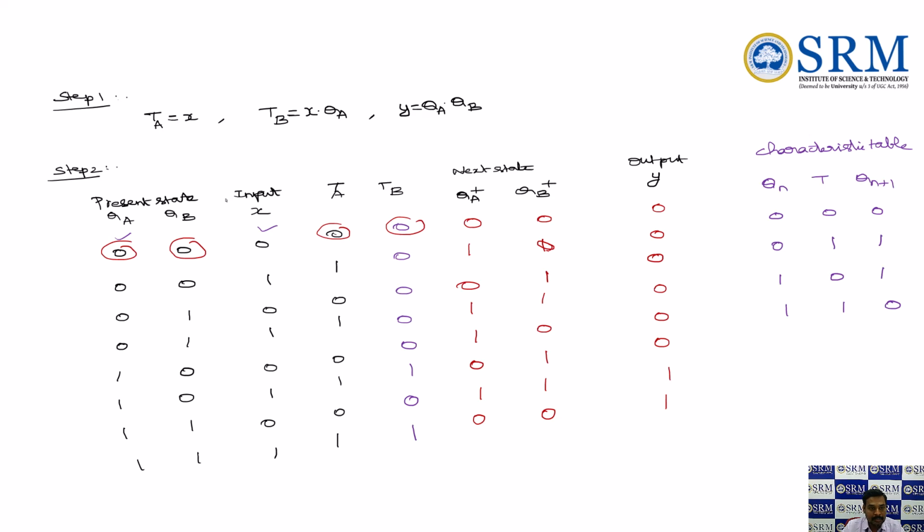Right? Now I'm going to step 4 to draw a state diagram. Okay, now we are going to draw the state diagram with the help of the state table we obtained. So after assigning the state assignment,